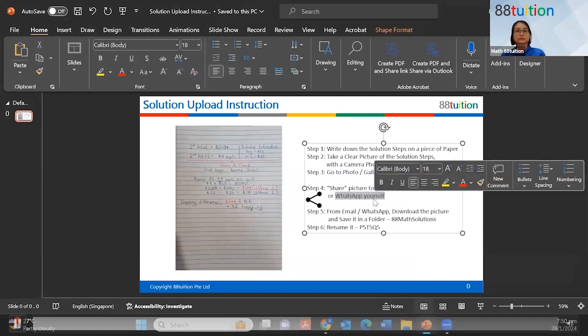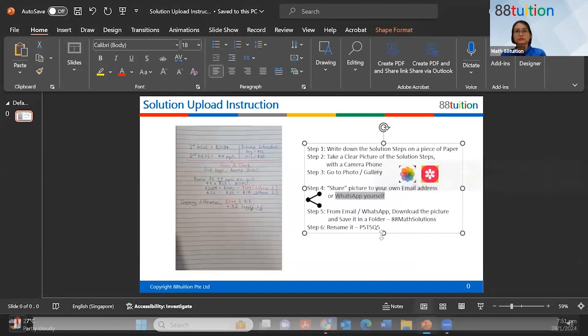There is this portion whereby you can choose who to WhatsApp or email to. You can WhatsApp or email to yourself, or you can also WhatsApp to your daddy or mommy. So maybe if you're holding your daddy's phone, you WhatsApp your mommy and vice versa. Let your mommy know that you're actually doing some math. After you WhatsApp, the computer or the phone will have a record of this picture,